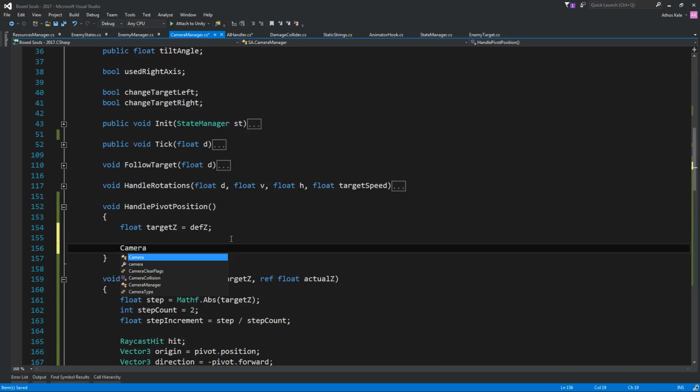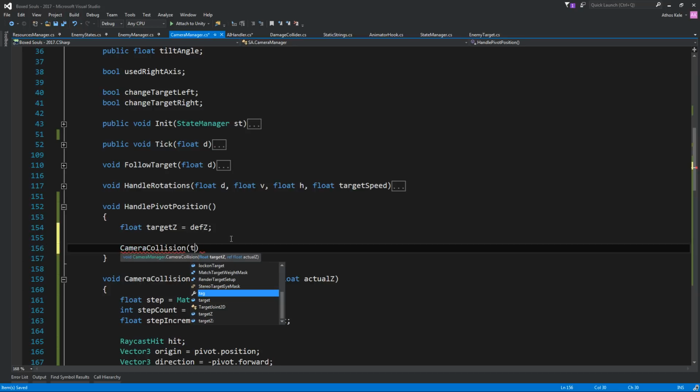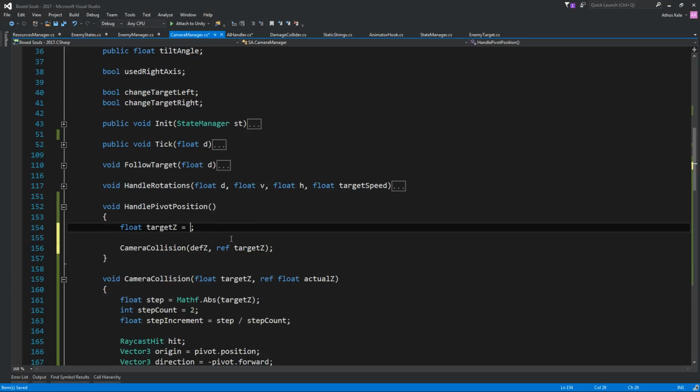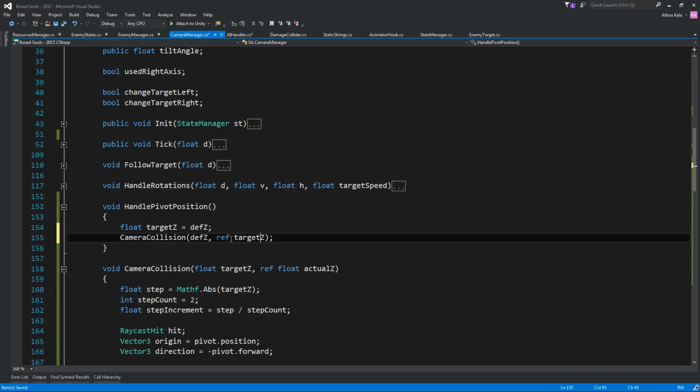Then we're going to do camera collision, default z, then reference the target z. So actually this can be 0, but just to be safe, let's just set this up as default z. Okay,